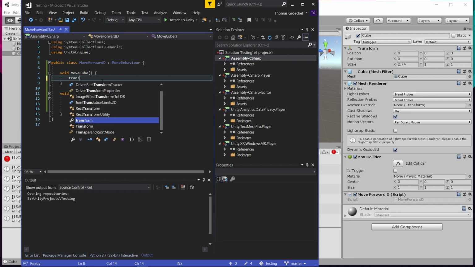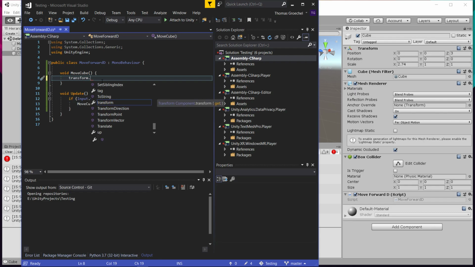Also, if you just do transform, it's a game object's transform. Yeah, and every game object has to have a transform, so you can just assume the transform is there. Dot position